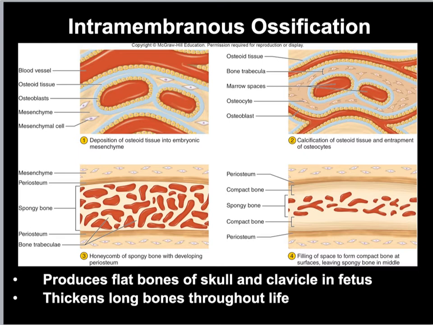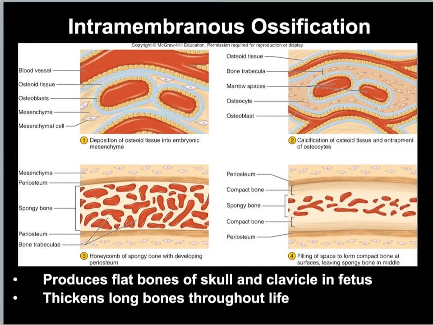The ectoderm becomes your skin and your nervous system tissue, and your endoderm becomes a lot of your internal organ tissue, and the mesoderm, meso means middle, is what will eventually become most of your